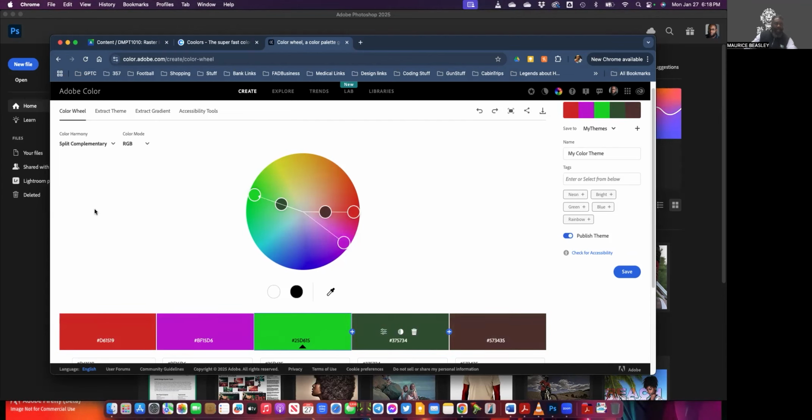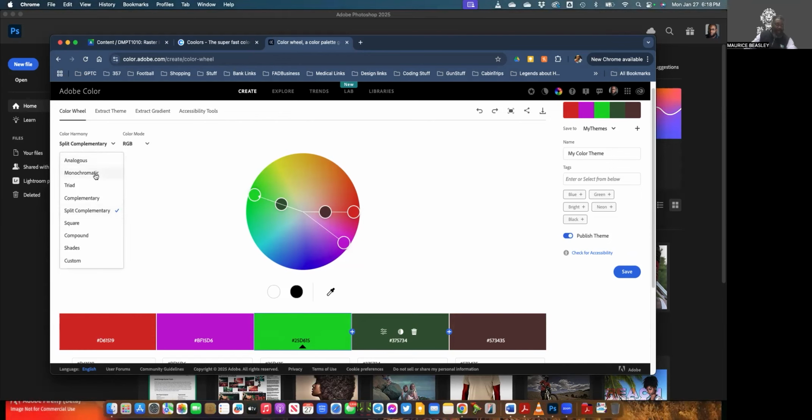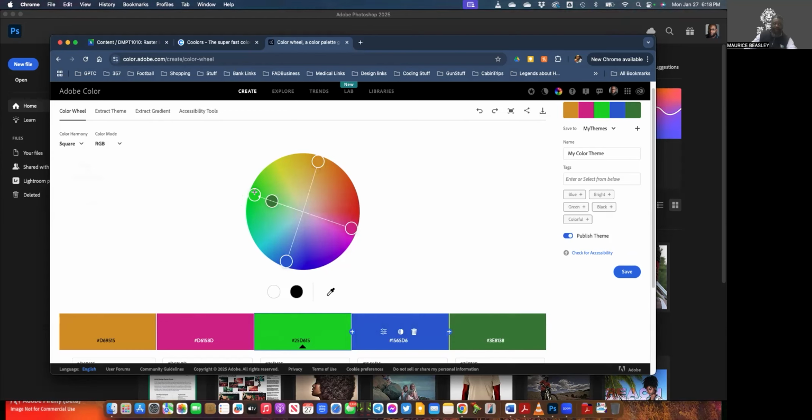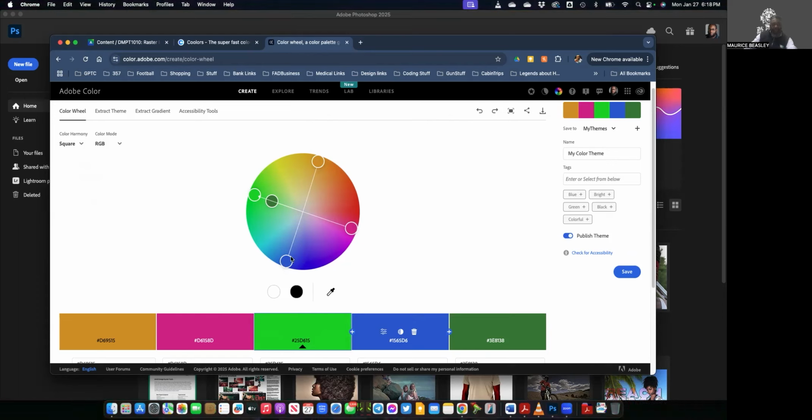And then you got split complementary, so it's split, so it's the opposite. So first they go to the opposite color, and then they split off by a certain degree amount to give you those complementary colors. Then you have square, which if you think of a direct line, square directly across, so you get the opposite color, then a 90 degree, 45, I would say 45 degree instead of 90, but 90 degree from the original color,